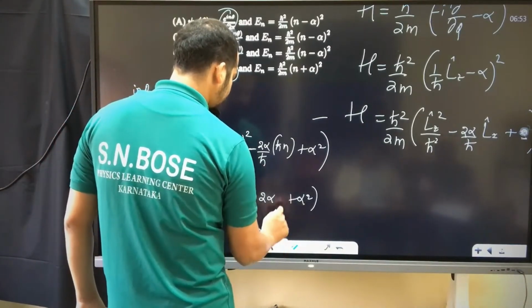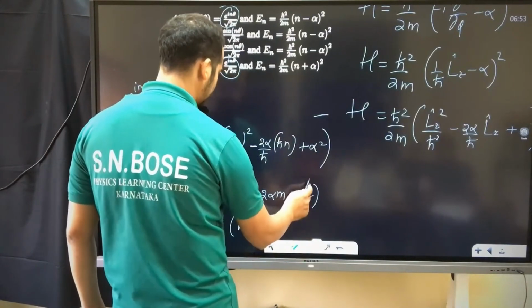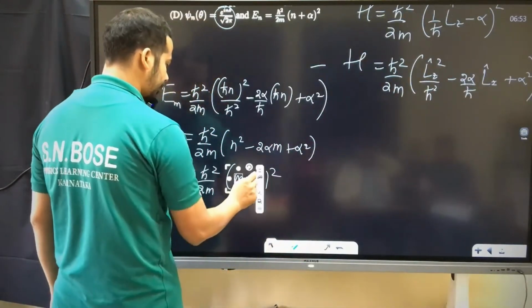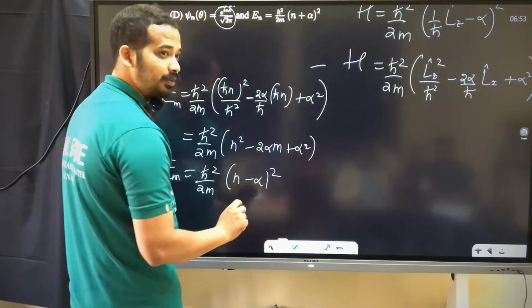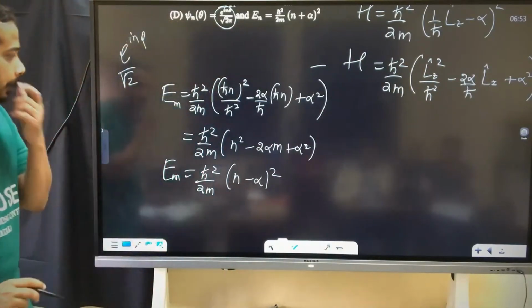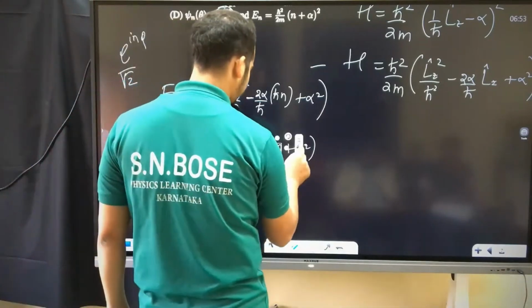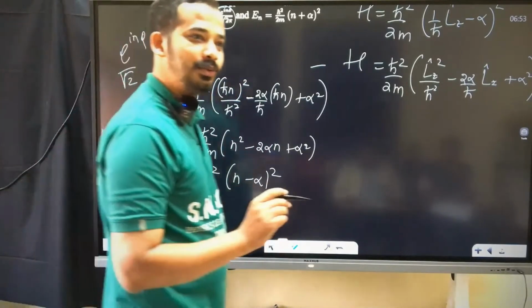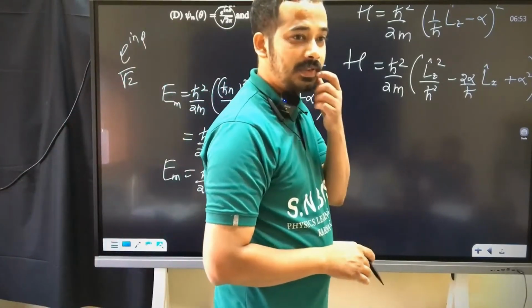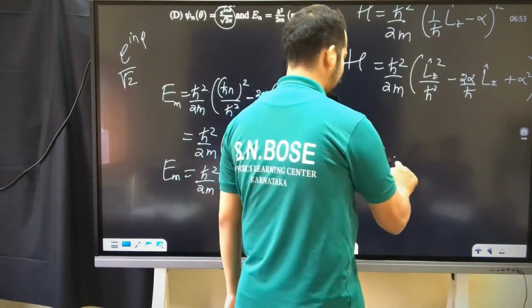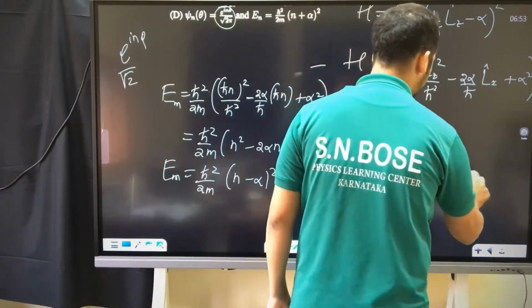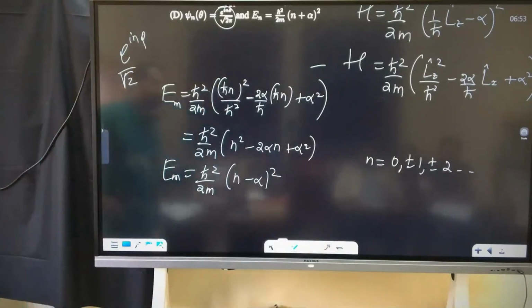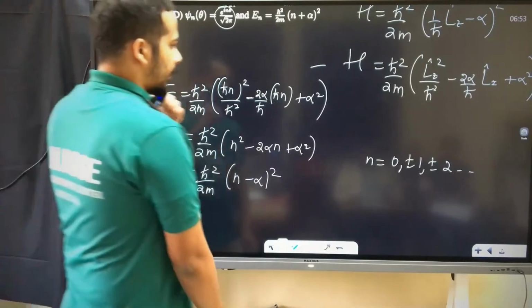But the problem is this logical idea. It's very hard to convince others. I don't know whether you have experience or not. Whatever logical way you do, you solve, you believe that one, but it's so hard to convince others actually. n is equal to 0, plus or minus 1, plus or minus 2. Don't forget. I quickly solved logically, I applied many logic, it's so hard to convince actually.